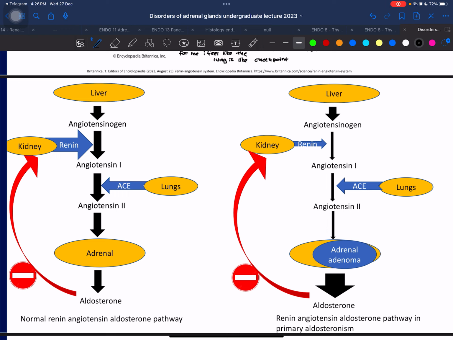It just produces aldosterone. So what is the importance of this? When you do a test called the aldosterone-renin ratio, whereby you measure the patient's aldosterone level and renin level, in normal people you have a normal ratio. In patients with this disease, the aldosterone will be very high, the renin will be very low, correct? So the ARR will be very high. The aldosterone to renin ratio will be very high in patients with this disease. Okay? Okay, again, what are the clinical features?